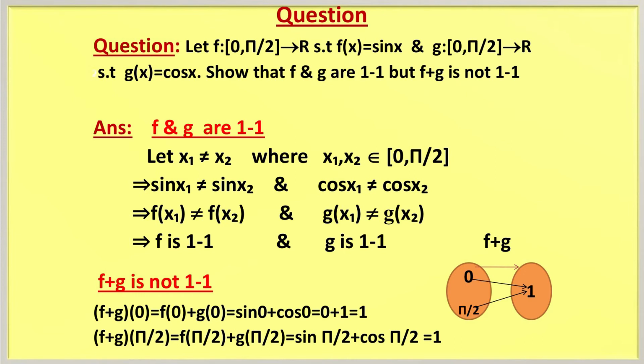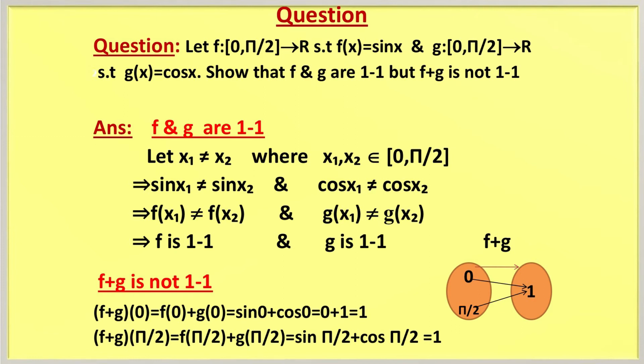So, what is the test for a function to be 1-1? We have to take f(x1) equal to f(x2) and show x1 is equal to x2, but we can also show it by its equivalent statement. What is the equivalence of P implies Q? Negation of Q implies negation of P. So, f(x1) equal to f(x2) implies x1 equal to x2. What is its equivalent statement? x1 not equal to x2 should imply f(x1) not equal to f(x2). So, let us take x1 not equal to x2 and we will show that f(x1) not equal to f(x2) and g(x1) not equal to g(x2).